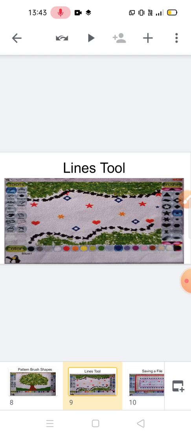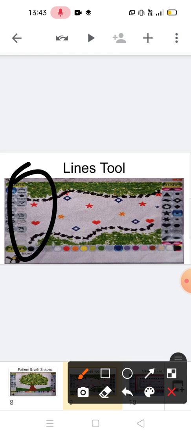For this, first of all, you have to select the line tool from there. And choose any pattern from the toolbox. Draw a straight line.